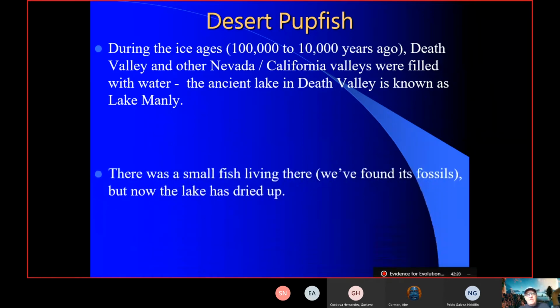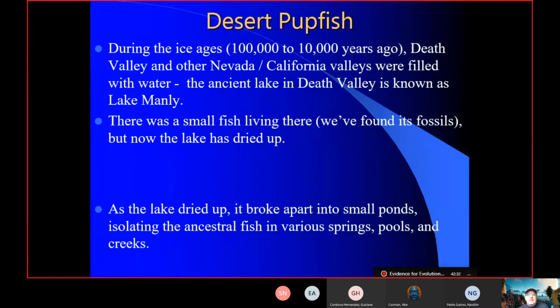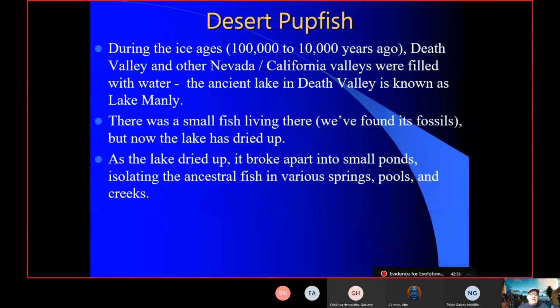And there was a small fish living there. We can still find its fossils in Death Valley, but now the lake has dried up. Well, as this lake dried up, when the climate was changing at the end of the ice ages, it wouldn't dry up evenly. Some places would still have some ponds and pools. Some had springs that kept the water flowing up from the ground. Some had creeks going by. And so any fish that were in Lake Manly